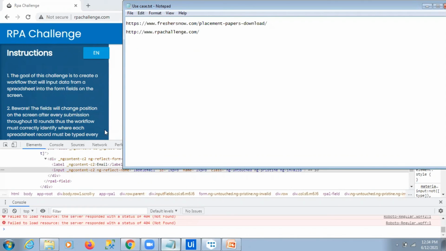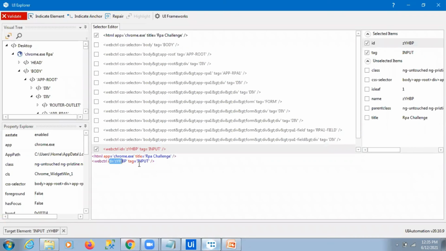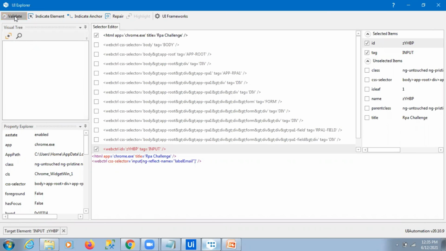This is the input tag, so write input, then square bracket, then paste your CSS selector and copy it. Go here, remove the unwanted selector and write the CSS selector manually. Then equal to, then single quotes, paste your selector, then close the CSS selector tab and try to highlight.